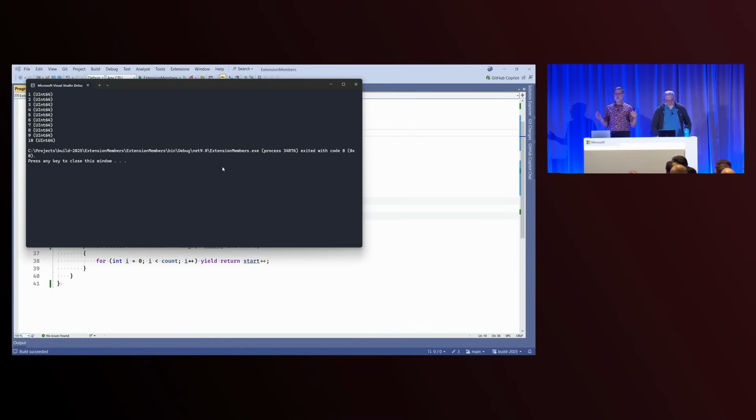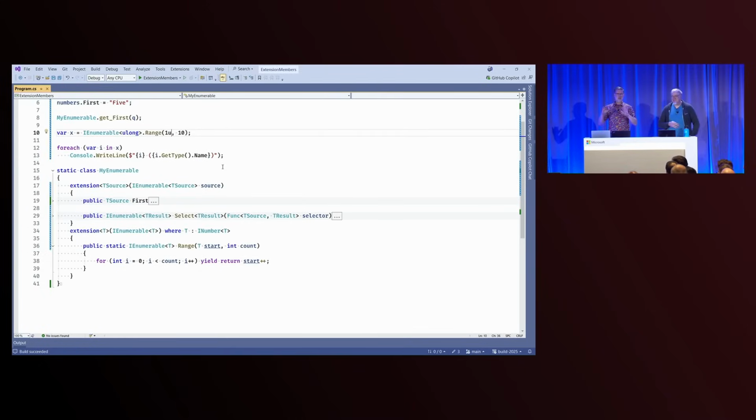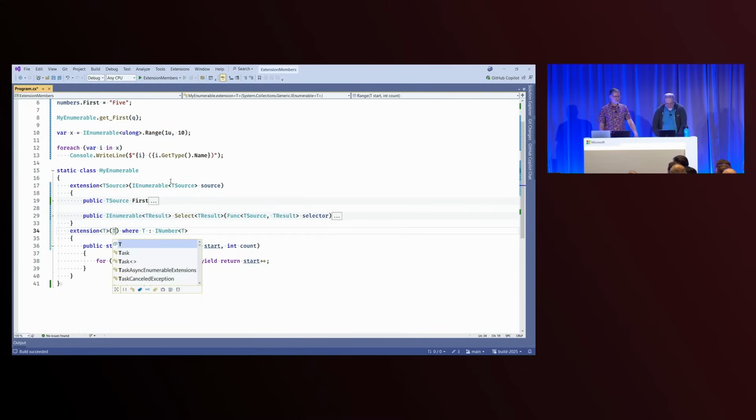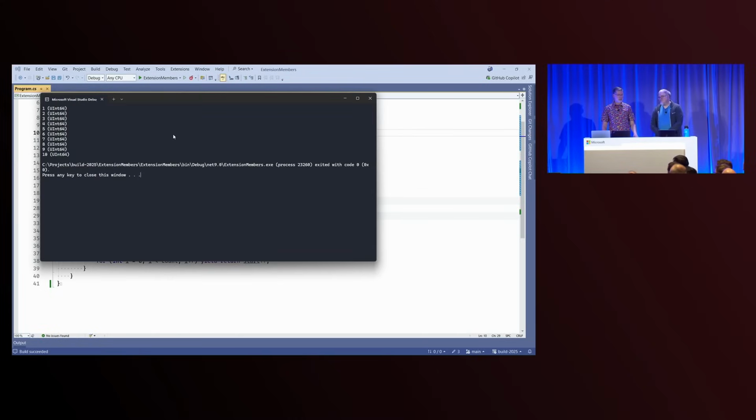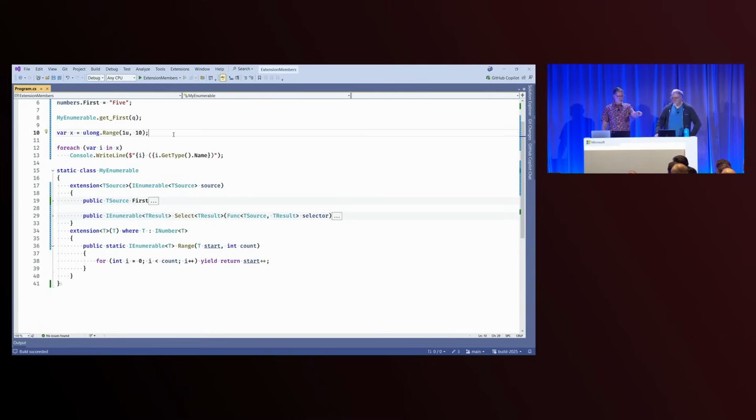And so, of course, generic math is cool, and you should be reminded of it because not enough people know how cool it is. But also, we put it in here to have an excuse to show you that you can put constraints on those type parameters on the extension. Still though, it's not that discoverable. I'm not going to think about IEnumerable of ulong to make a range. What I want is I just want it to be ulong, right? So I should just be able to say T there, and then come in here and say ulong.Range. And now we're into discoverable territory.